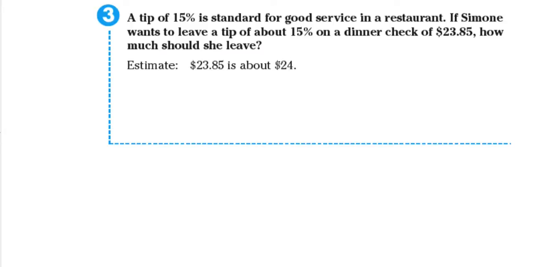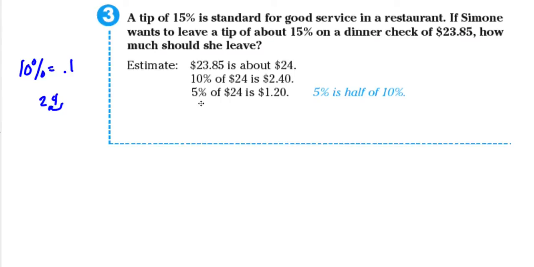$23.85 is close to $24, and we get 10% of 24, which is 2.4. Remember, 10% as a decimal is 0.1. So you simply move the decimal in 24 one space to the left, and that gives you 2.40. And from there, we know that 5% is half of 10%. So you simply get 1/2 of